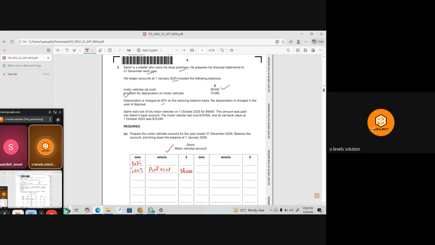अच्छा, फिर उसके बाद समीर ने एक मोटर व्हीकल सेल कर दिया 1 अक्टूबर को. इसकी कॉस्ट जो है वो उसकी 16,000. तो फिर मोटर व्हीकल को क्रेडिट कर देंगे. मोटर व्हीकल अकाउंट विल बी क्रेडिट एंड डिस्पोजल अकाउंट विल बी डेबिट. And when this happened on October 1st,